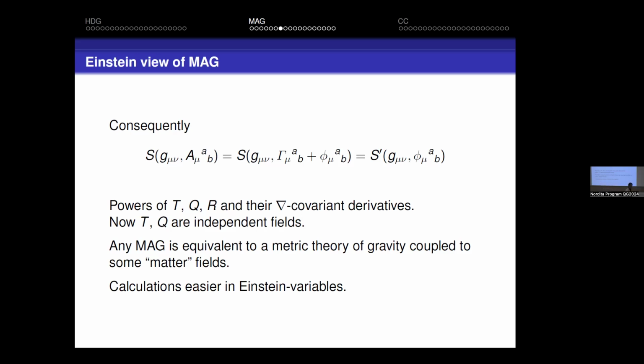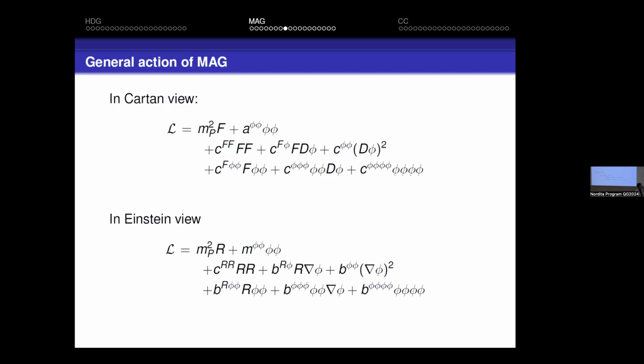Okay. And incidentally, if you want to do any calculations in this theory, it's always much easier to work with this Einstein presentation. So let's think of this as an effective field theory. So we have to order the terms in the Lagrangian according to their dimension. And the terms in the first line are of dimension 2. It's either linear in the curvature or linear in torsion and non-metricity. T and Q have dimension 1. So T squared and Q squared are mass dimension 2 terms.